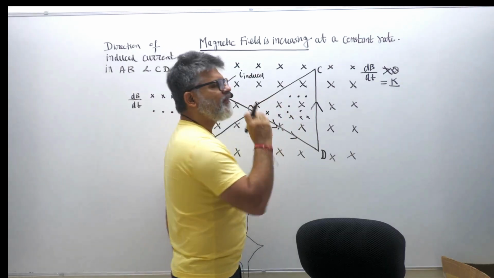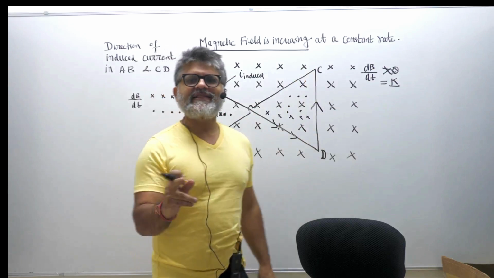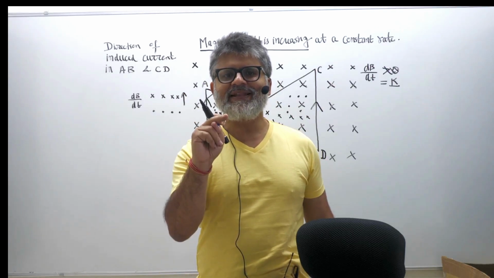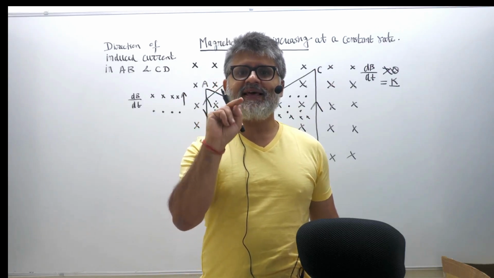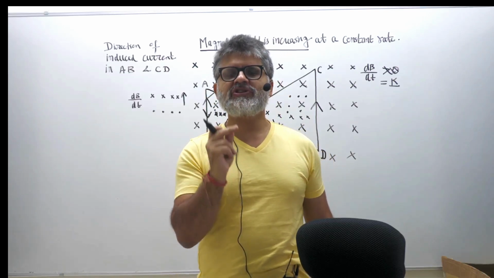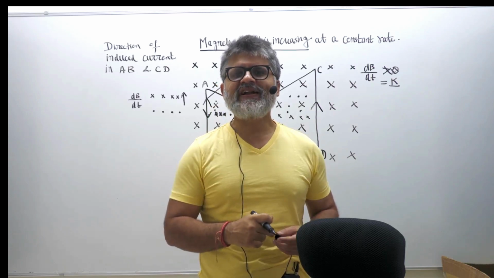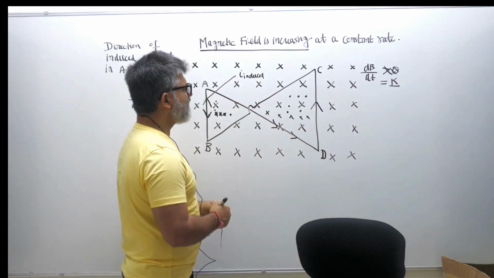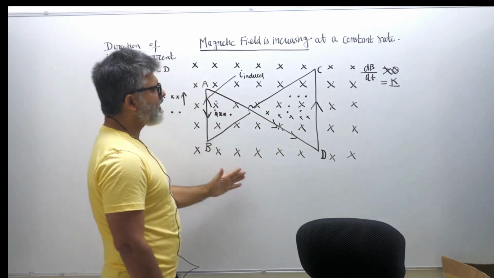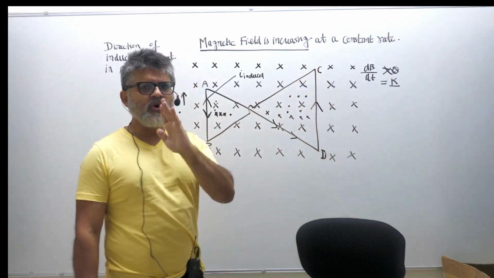So how do we oppose this? A current comes into play, which is the induced current. That induced current produces a magnetic field of its own to cancel the increase in magnetic field which is inward. How do you do that? This induced current produces a magnetic field which is outward to cancel the increase in the magnetic field inward. So the direction of the induced current in AB is this, and automatically it becomes DC for this particular wire. Such questions are very common.